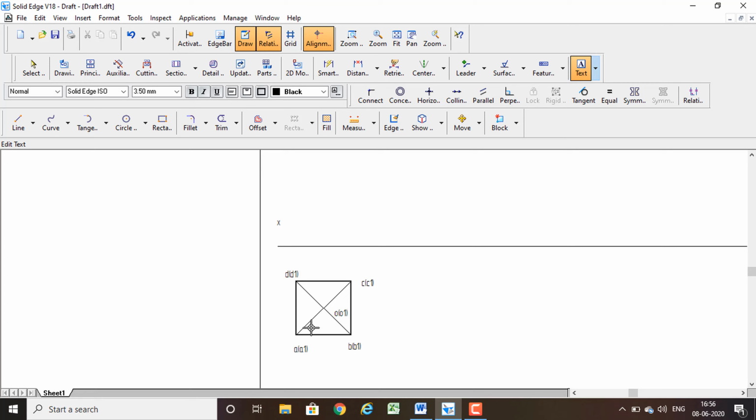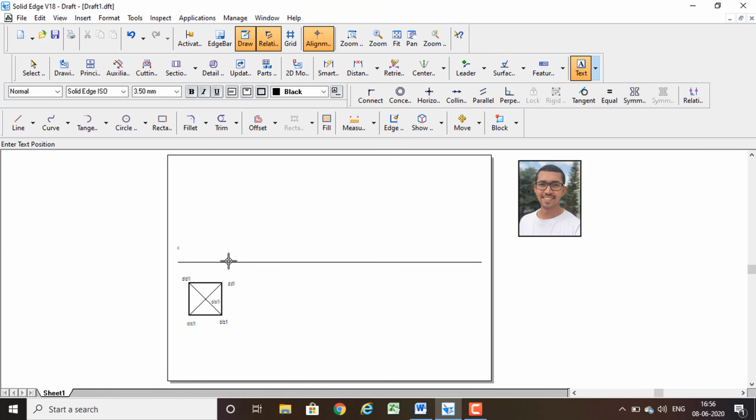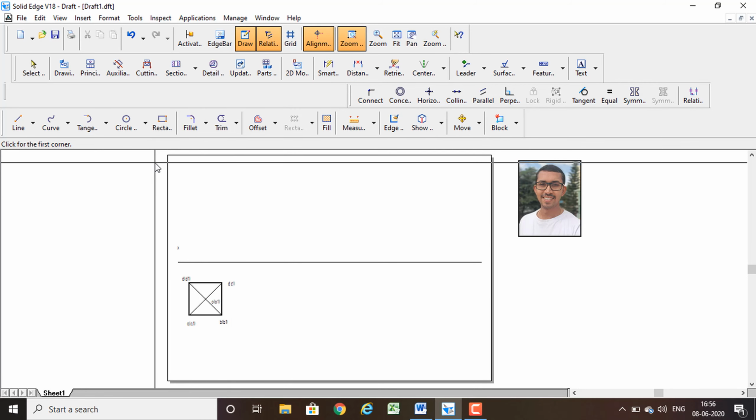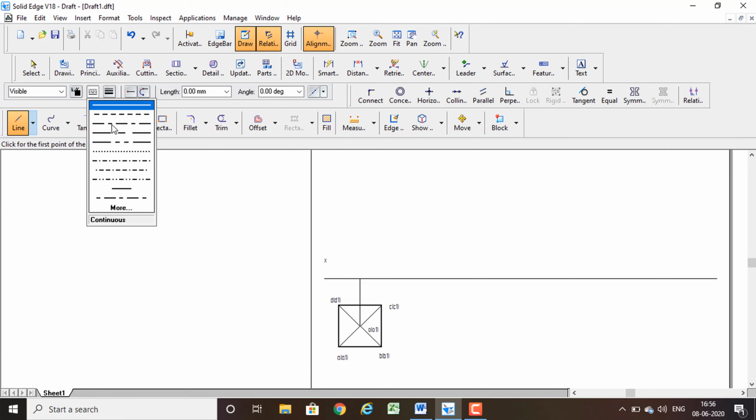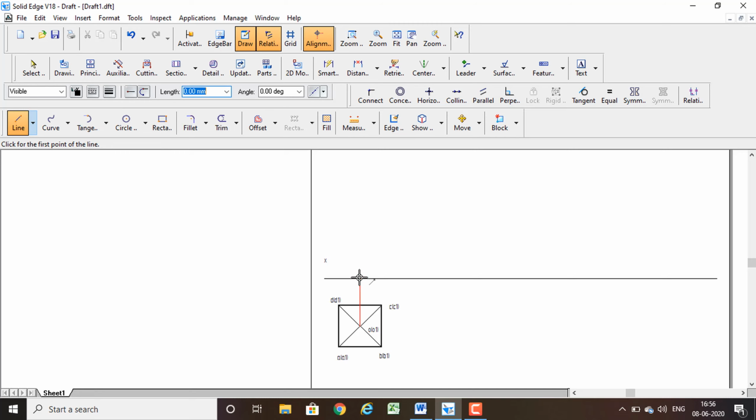Afterwards I need to draw the projection upwards so that I can draw the front view of this object. I am going to take a line command with thickness 0.13. Now I zoom this area so that I can draw it easily. First I am going to locate the center, and draw until it touches the xy line. Now I am going to change the line type. This is a type that represents the axis. From this center, where it shows the end point symbol, there I have to click.